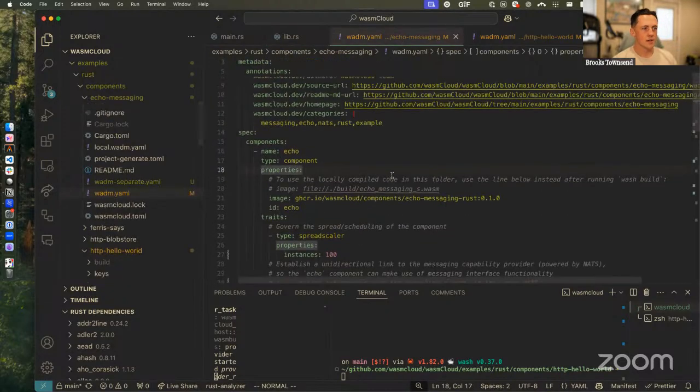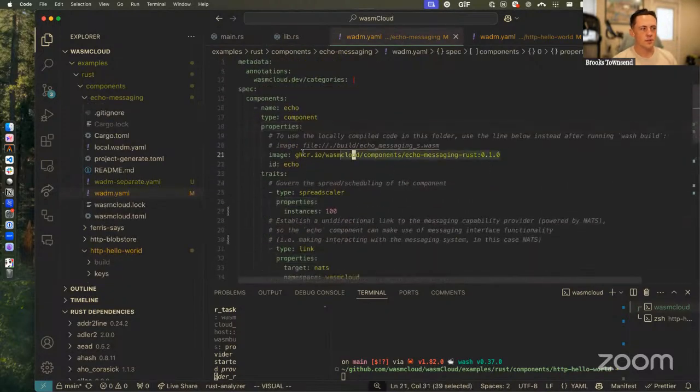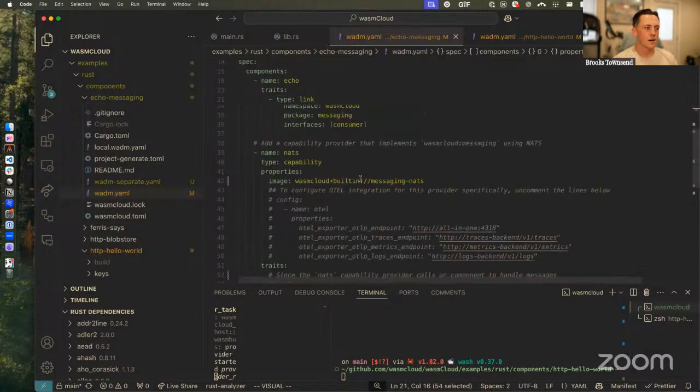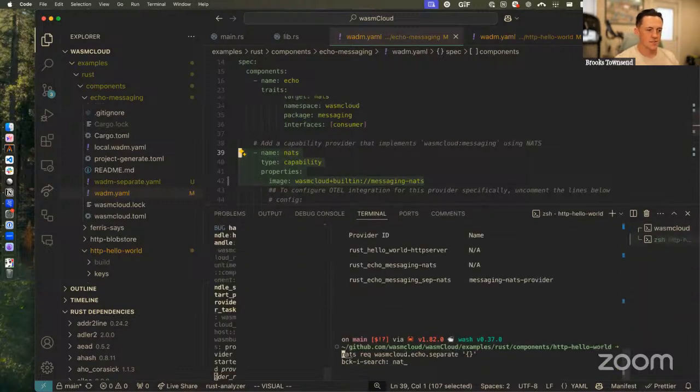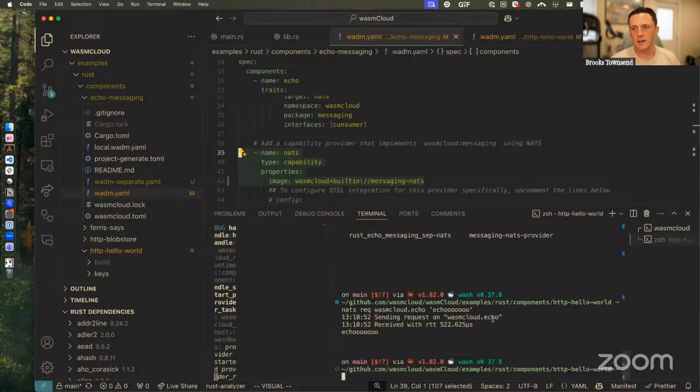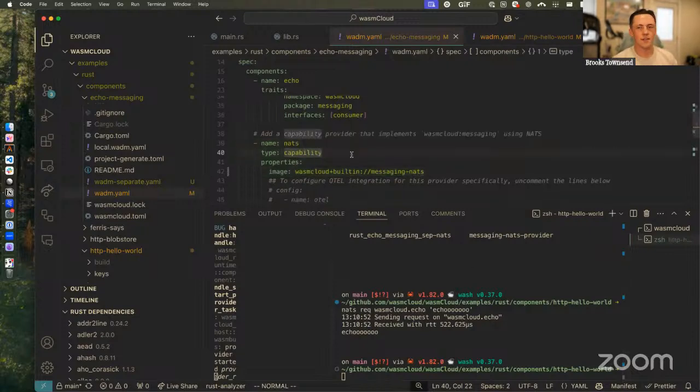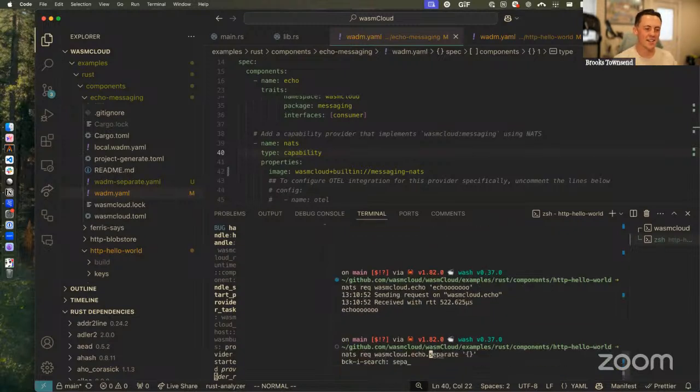And this manifest looks pretty similar. We have our one component, and then we have our built-in messaging NATS provider. So I can send a request to wasmCloud.echo, and I can say echo, and I'll get back my echo. Now, the difference between this and having a separate capability provider is really easy to visualize using a trace. So I want to combine these two demos here, and I can send another request to this